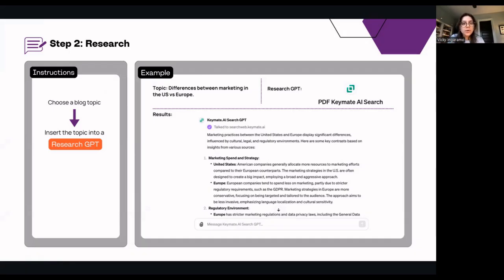So in this example, my topic that I picked was, what are the differences between marketing in the United States versus marketing in Europe? So that is my topic. I'm telling my research GPT that's my topic. And it's telling me, well, marketing practices between the US and Europe display significant differences, such as marketing spend and strategy, regulatory environments, so on and so forth. Okay, so it's giving me all my information. I'm reading through it. I like it. I'm ready to move on to my next step. And that is